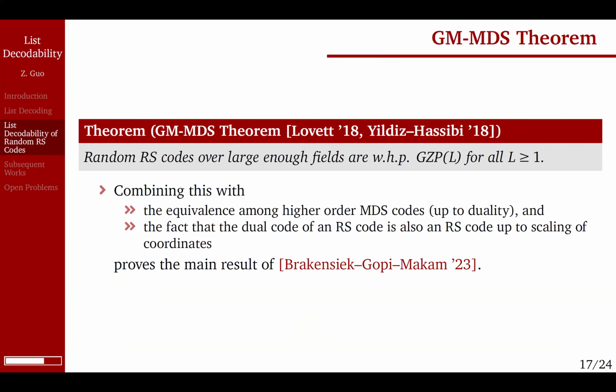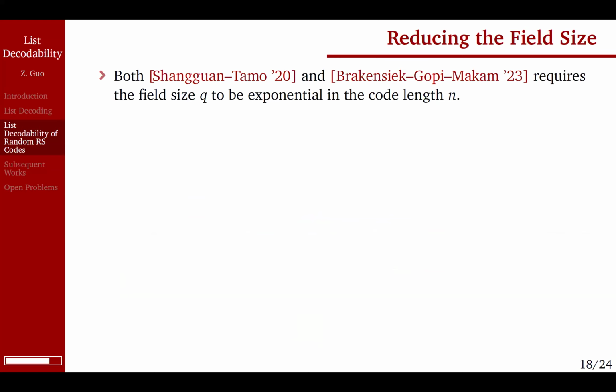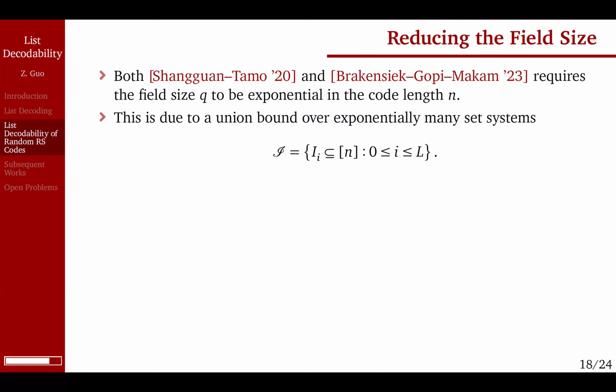But this is not the end of the story. Both the Shangguan-Tamo result and the follow-up result hold only when the field size is large enough. Now, if you look at how large is large enough, they require an exponential field size. The reason they need the exponential size is due to the union bound,